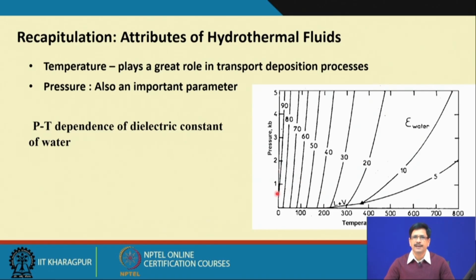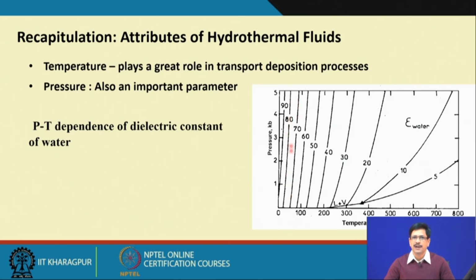The diagram here on the right gives us an idea about the variation of dielectric constant. The room temperature dielectric constant of water is about 80, which is high compared to liquids of such molecular weight, and as you see in this diagram, the dielectric constant of water in lower temperature conditions is rather insensitive to